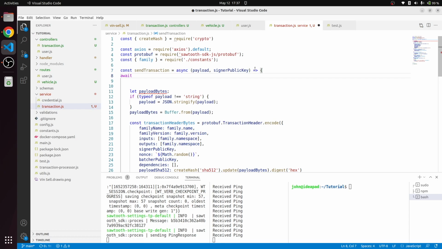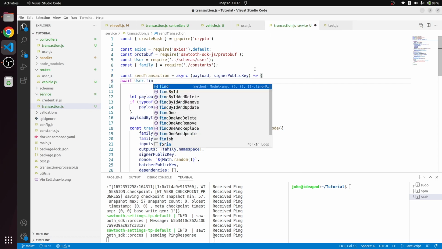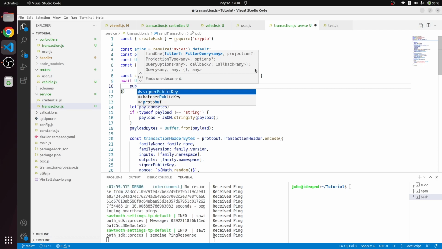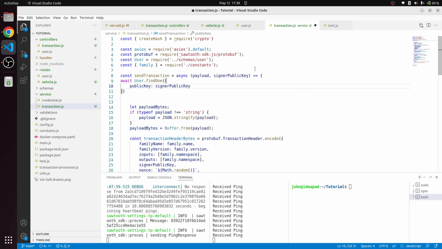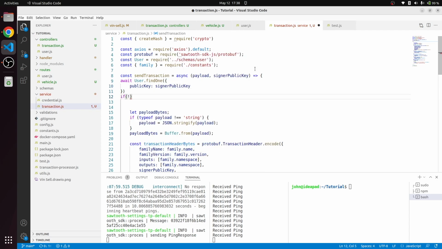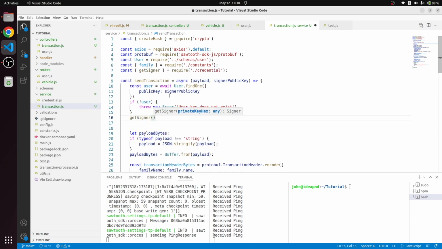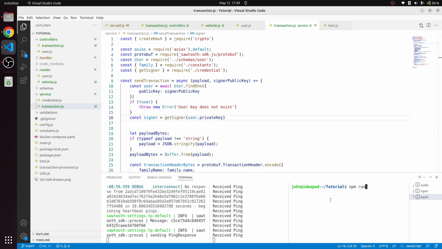parameter, we'll have to figure out whether this user has the private key or not using this simple find query to the MongoDB. We'll be passing the public key that we are receiving in the parameter and try to identify whether the user exists or not. Once the user is there and we get the user's private key, we'll create a signer out of that and sign the header bytes and batch bytes using that. Once that is done, I think we are all set to use dynamic credentials to sign transactions over here